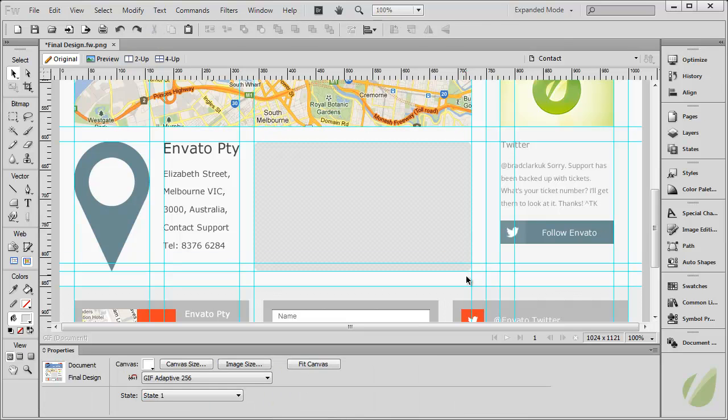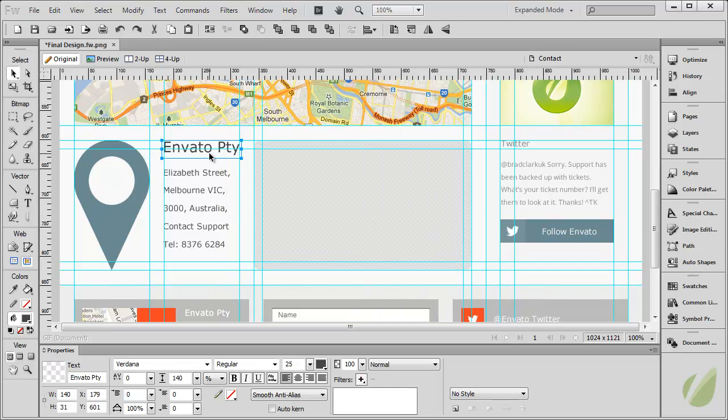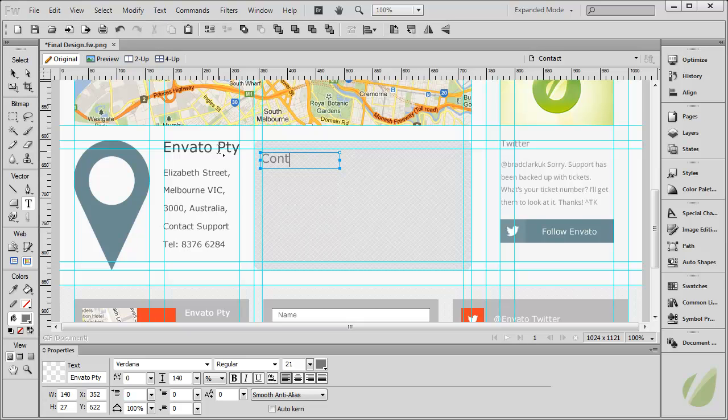So now that we're actually constrained in the actual size that we have right here, what I want to do is put a margin of 15 pixels onto each side of this rectangle. So I've done that now, so let's just copy and paste this. Change it to white and bring it to the front. Or in fact, it still doesn't look quite right. Maybe having it a little bit less, like so. That looks pretty good. And just moving this up, changing the text to contact form, and we're just going to